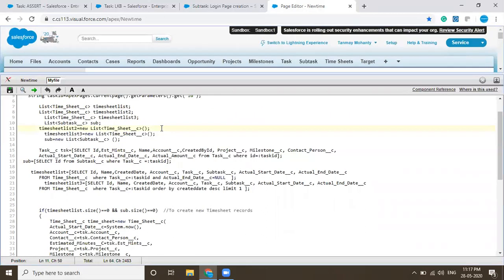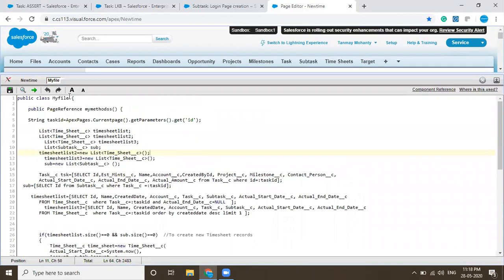It's just a basic functionality that we have written here, so that with the click of the button we can start and end the time, and we can't exceed the limit. And the third case: when there is a subline item, meaning a subtask is there, the time should not be created. It's quite simple. Now we'll go forward and see what else we have done. First of all, we have taken the id, the current id of the page: Page apex current page get parameters dot get id. This is the current id of that particular page.